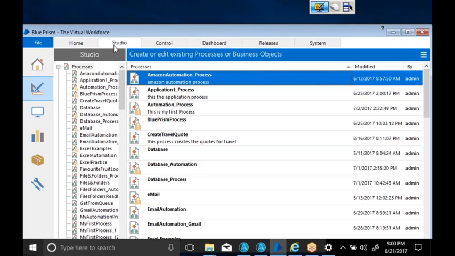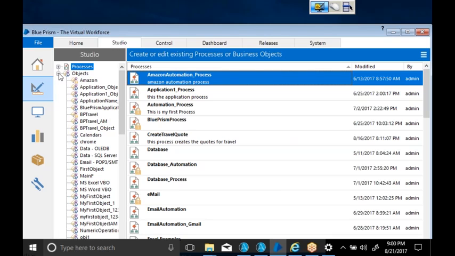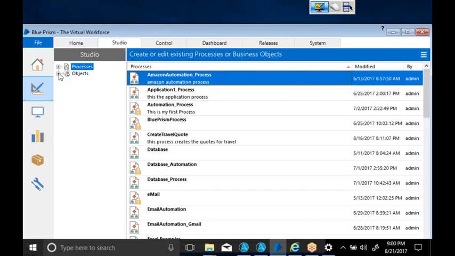After creating the three objects, you have to map them. That is one process, but you have three different applications. How will we map all three applications? By using the process. For each and every application you will use one object, and all those three objects will be called inside Process Studio. That's why we have two different features called the process and the object.